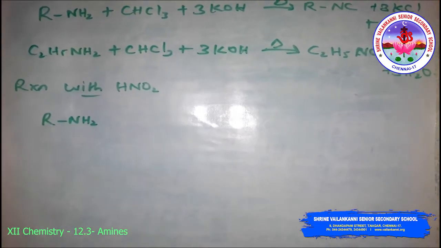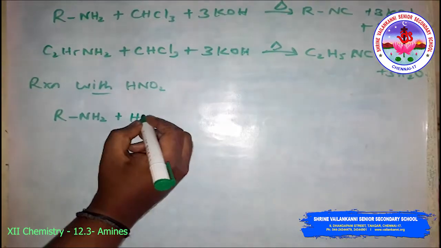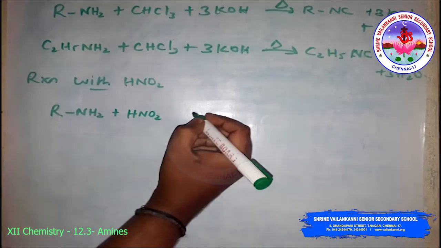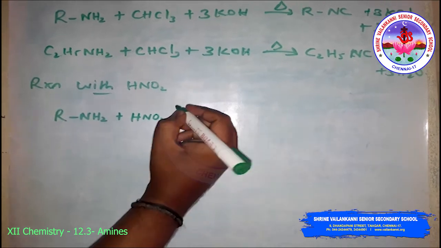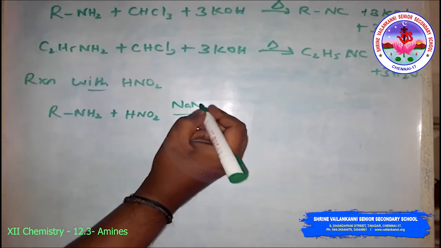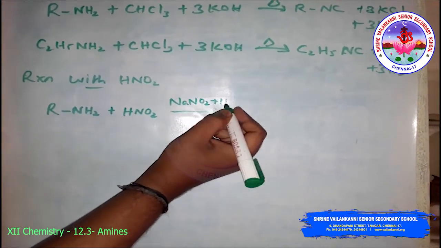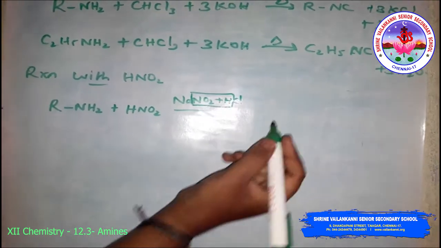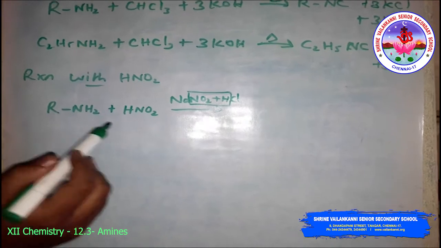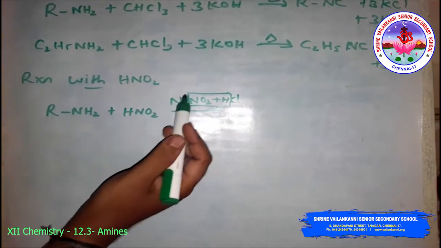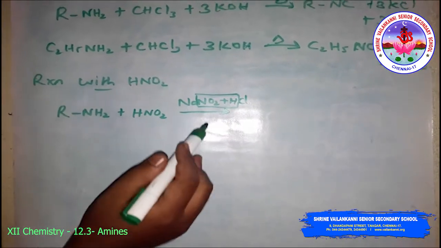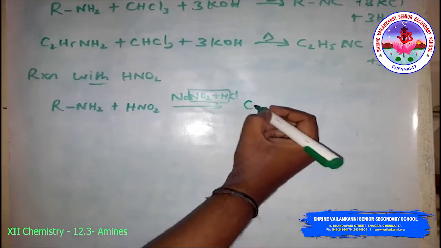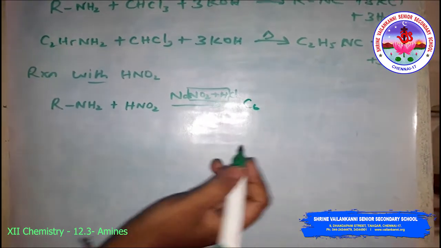RNH2, then nitrous acid, HNO2. That nitrous acid you have to prepare from sodium nitrite treated with HCl, then you will get HNO2 and HCl. This is the unstable form, readily oxidized to HNO3, that's why you have to prepare it like this, then you will get that